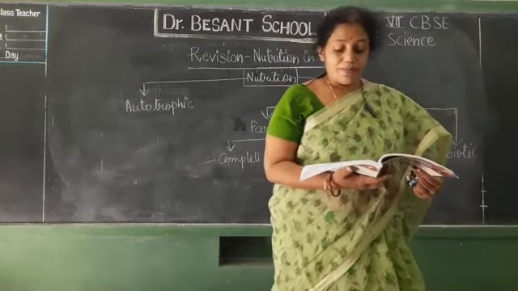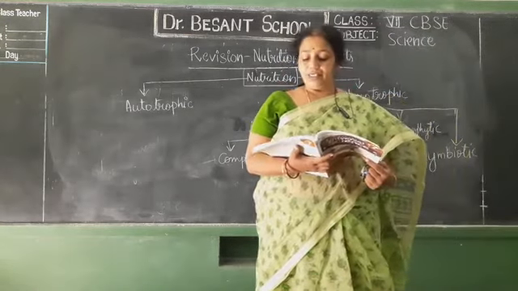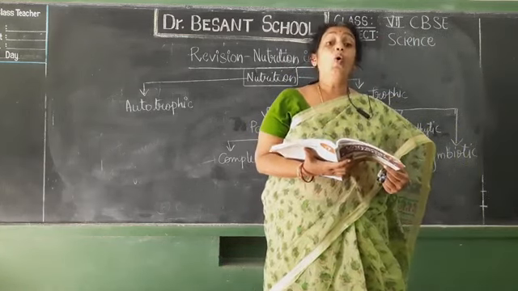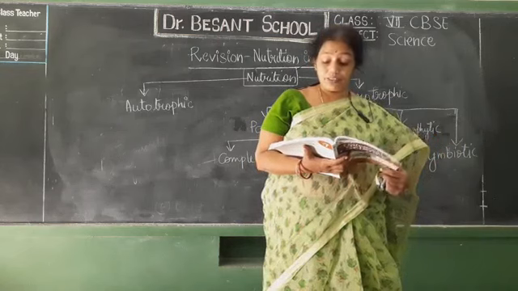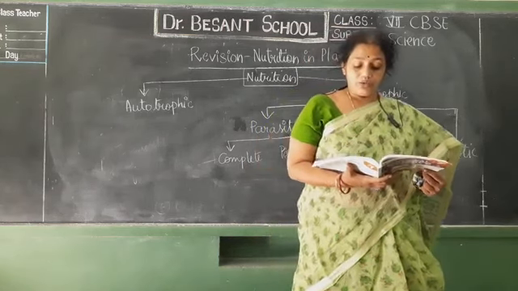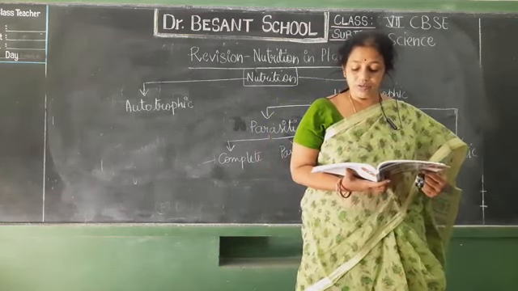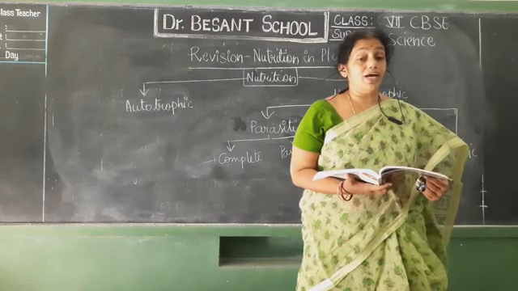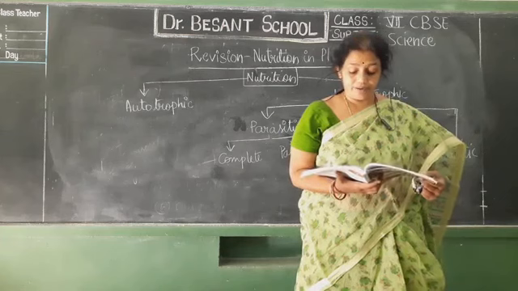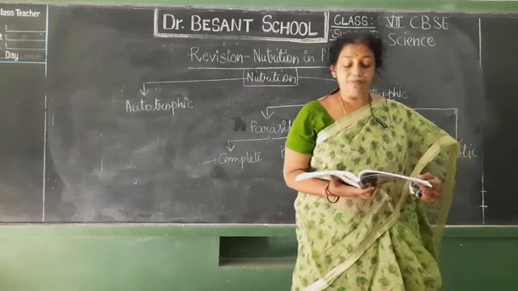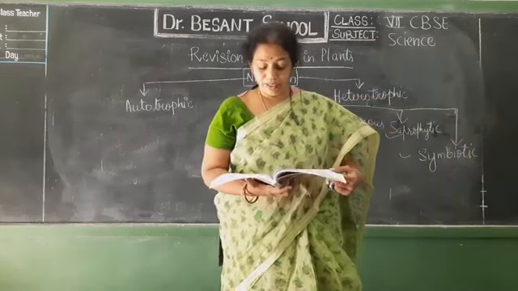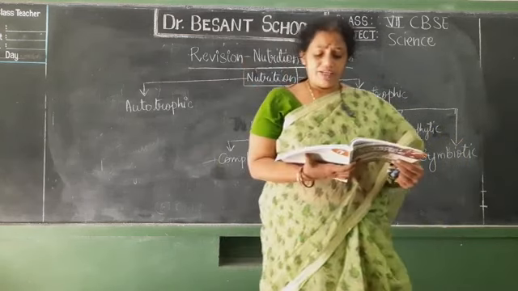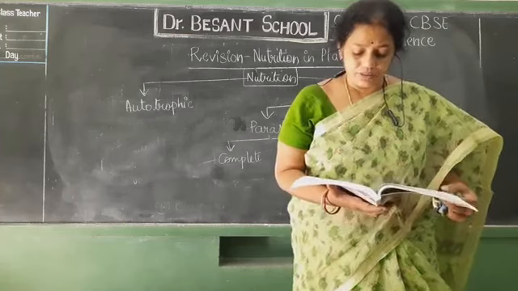Next one, the plant from which a parasitic plant derives its nutrition, on which it is growing, that plant is called a host. Cuscuta plant absorbs its nutrition using special roots. Those roots are called haustoria. Dash is a nitrogen fixing bacteria. What is it? Rhizobium. Okay, again I'll show whether the following are true or false.